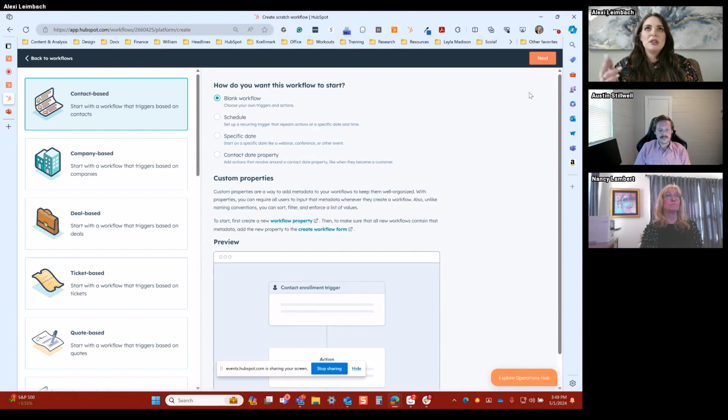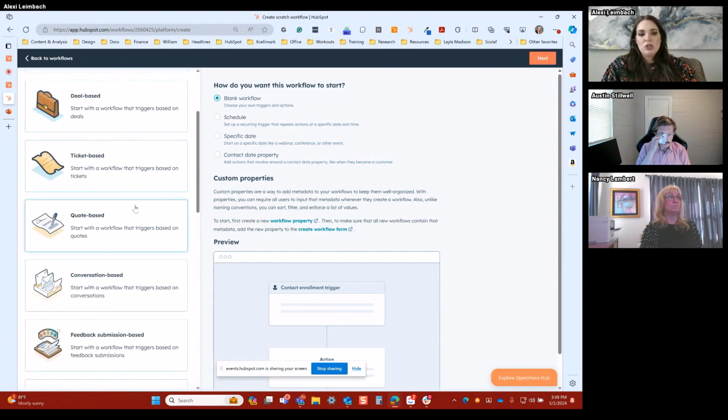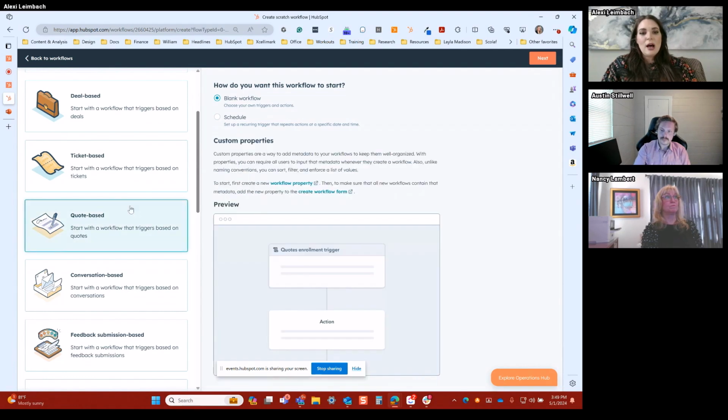And all the other statuses in between don't really matter, because if it's rejected, we want them to set up a meeting with the boss, the manager, whoever it is, to go over what needs to be changed and why it was rejected. If it was accepted, well, we need them to have a task to immediately send that off to their sales lead for their business opportunity. So that's the quote-based workflow we're going to do in this case. So I'll just click quote-based.